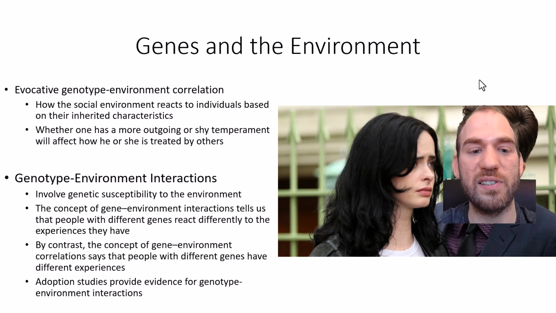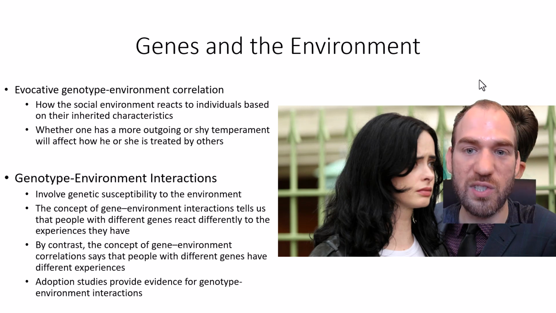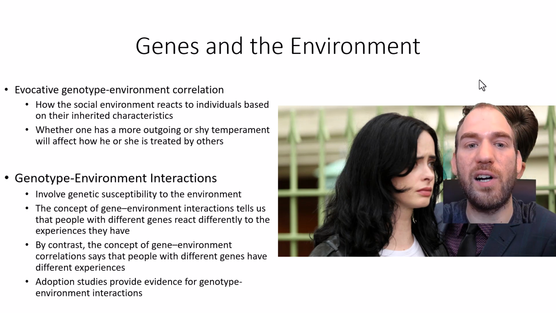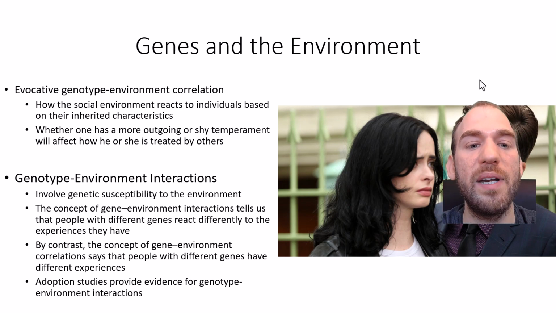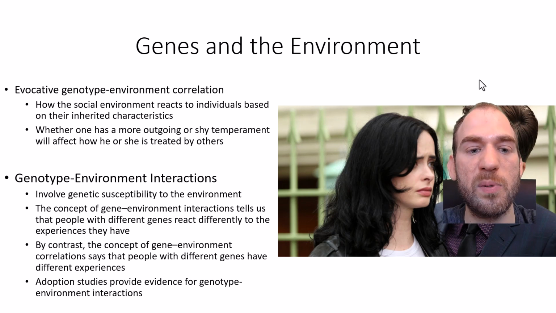So the point here is, again, the genotype environment correlations are really situated in the experiences that we have. That can be passive, again, receiving from our parents in our household. That can be active, me going to the club. And I can also receive it evocatively, which means the environment is reacting to me, reacting to my extroversion. Versus these genotype environment interactions, where the idea is that people with different genetic predispositions will react differently to the experiences they have.